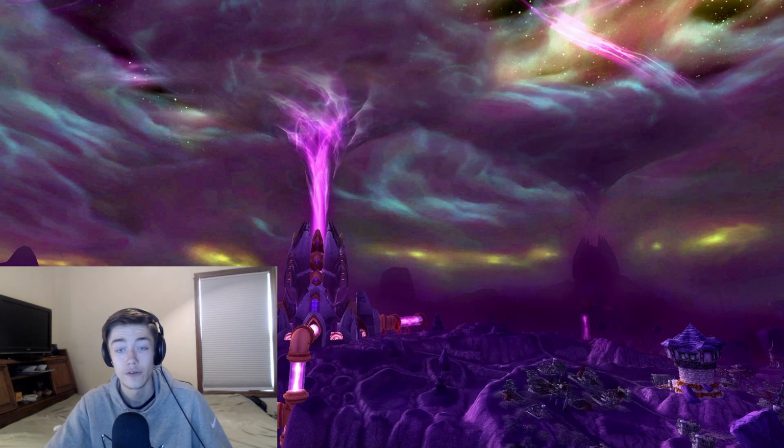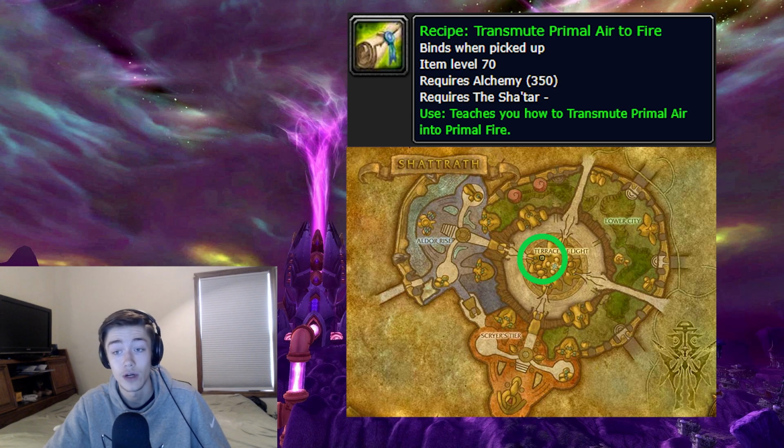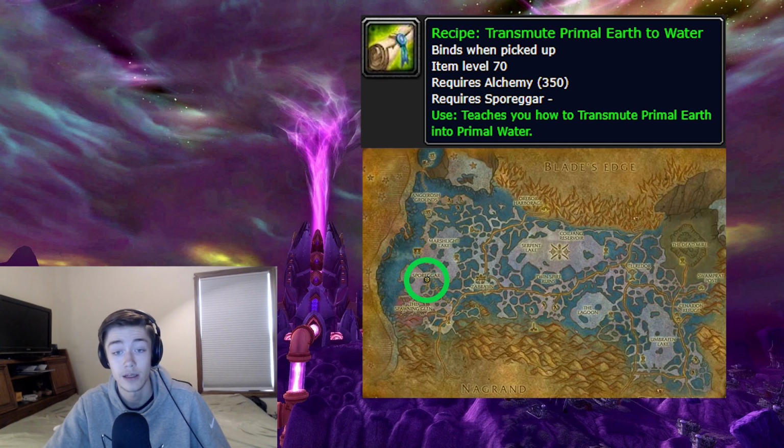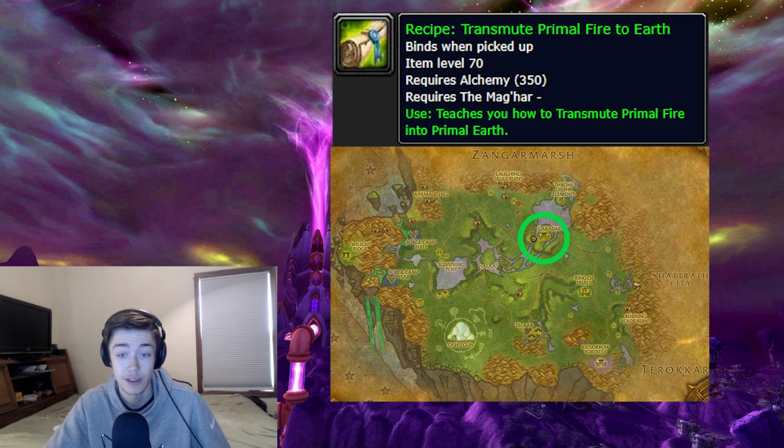If you don't want to craft major dreamless sleep potions and instead want to opt for transmutations to go from level 362 to 375, you can do any of the following recipes. Transmute Primal Air to Fire is sold by Almador here and requires Revered with the Shatar. Transmute Primal Earth to Water is sold by Micah here and requires Revered with the Sporeggar. Transmute Primal Fire to Earth is sold to Horde players by Provisioner Nasala here in Garadar and requires Revered with